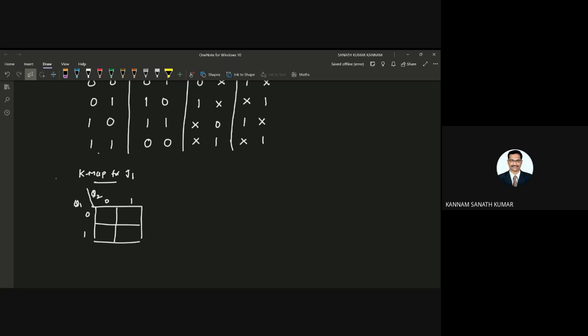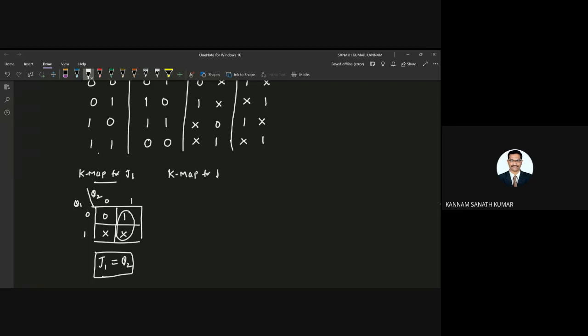For J1 we have 0, 1, don't care, don't care. Here you can take these as don't care, don't care. So this makes one pair. What is J1? J1 equal to Q2.